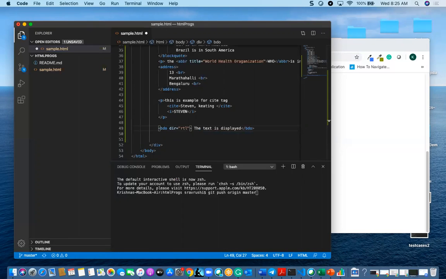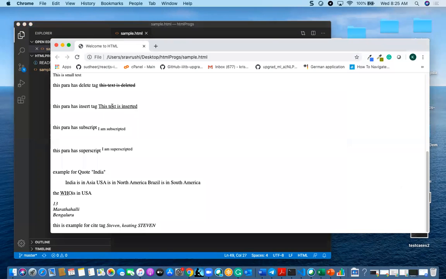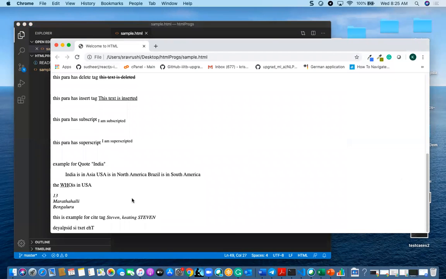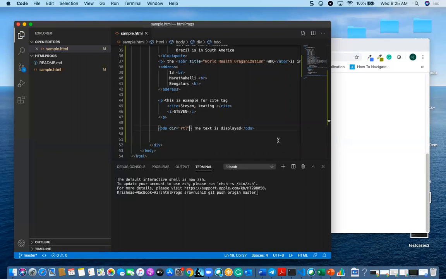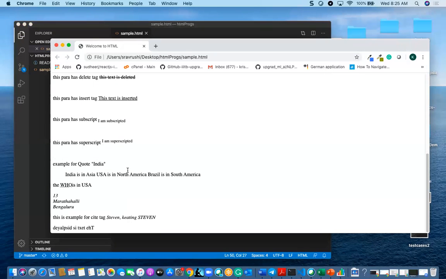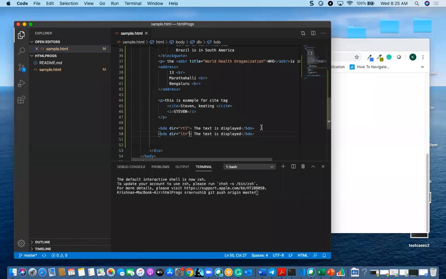So if I see here, the text is displayed from right to left. So if I want the same from left to right, I can go for LTR, left to right.